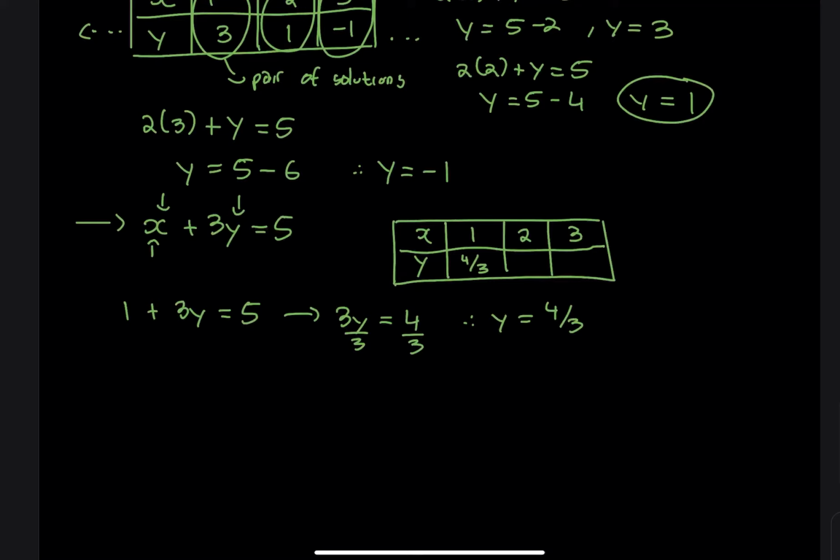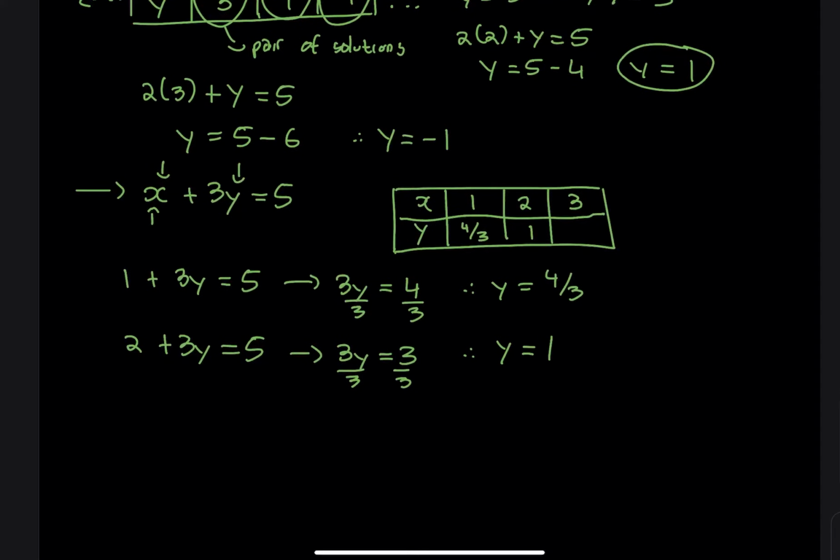You get 2 plus 3y is equal to 5. Now we can solve for y. We get 3y is equal to 3, and dividing both sides by 3, you get y is equal to 1. And for 3, if I was to plug in the value 3 for x, I'll get 3